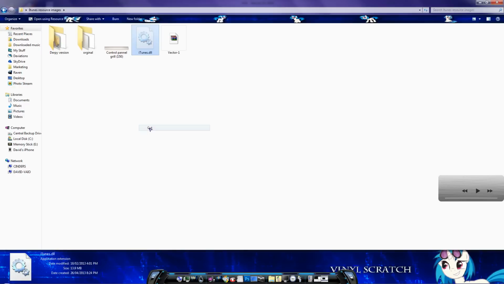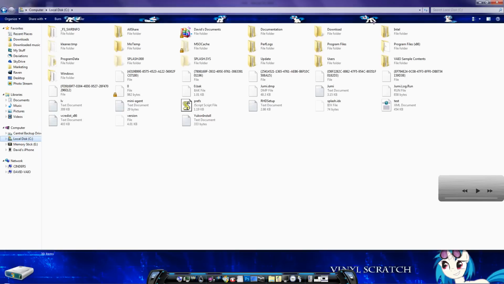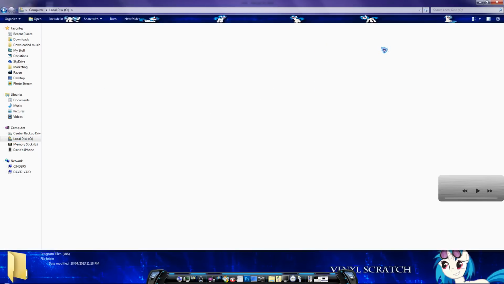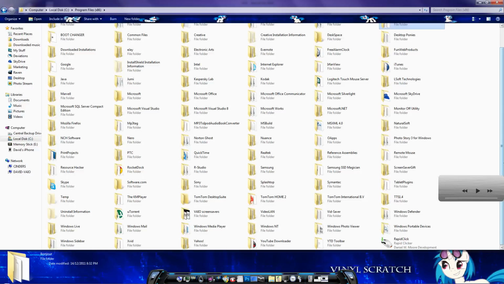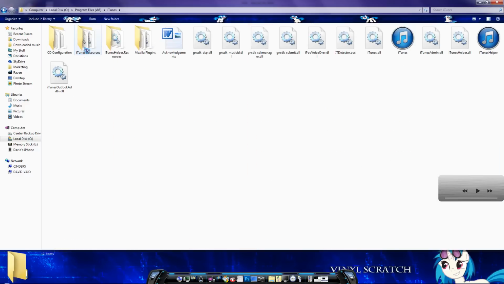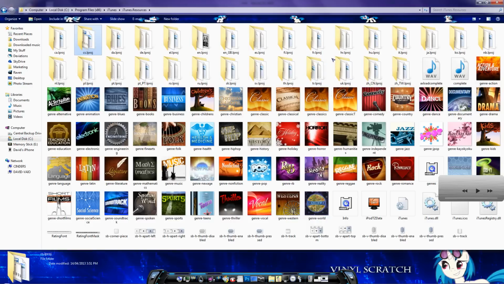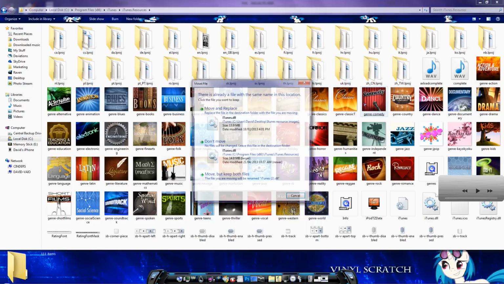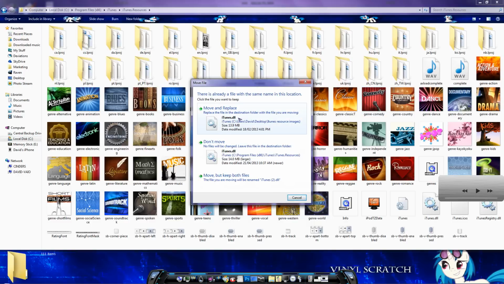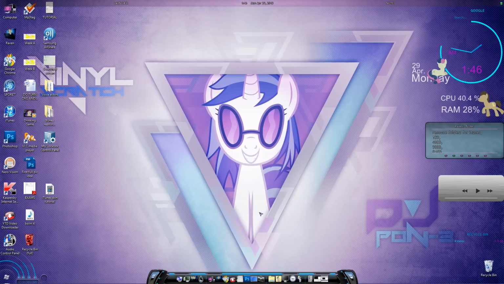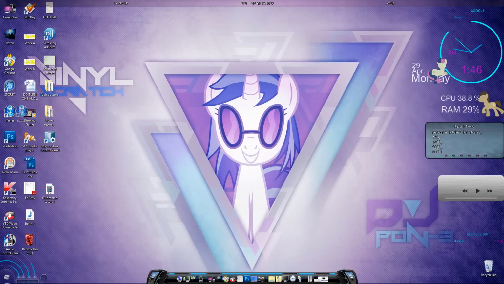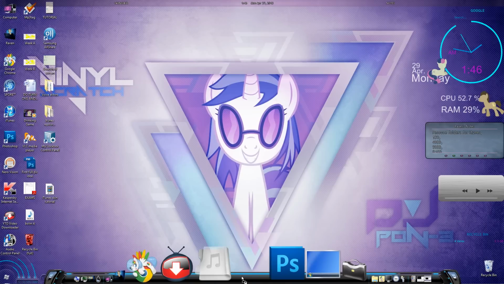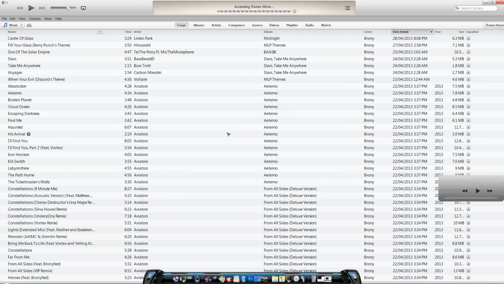Now then, cut. On files, iTunes resources. Paste. Move and replace. There you go, there's my new